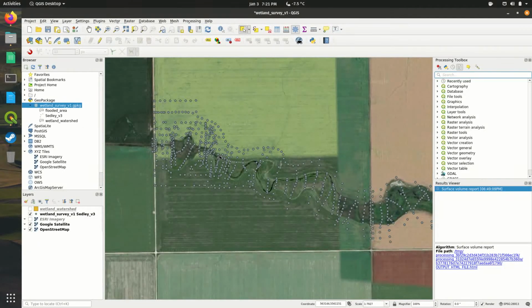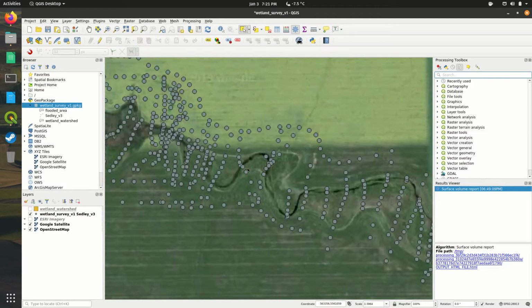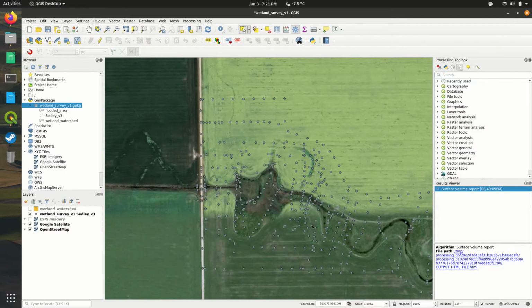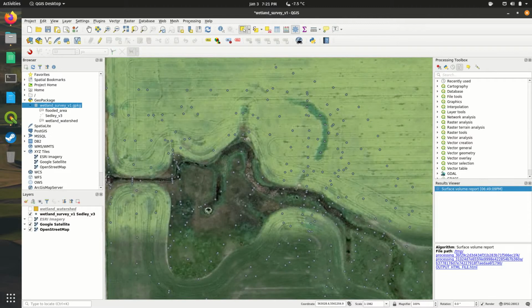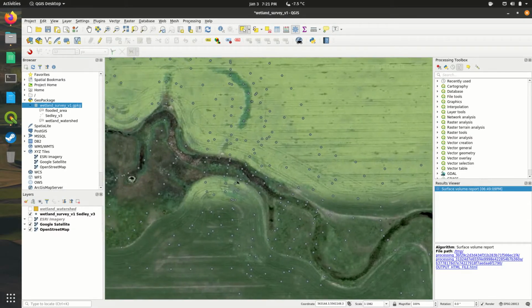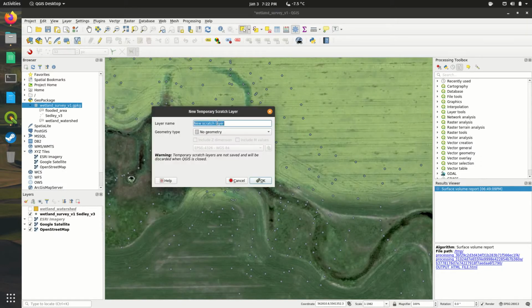So we are going to modify the elevations of some of these features based on the ice survey performed. And to do that, we're going to have to select certain points, but not all points. And there's like a half dozen ways of doing this, but I'll show you one way which I think might work best. We're going to create a temporary scratch layer and call it temp